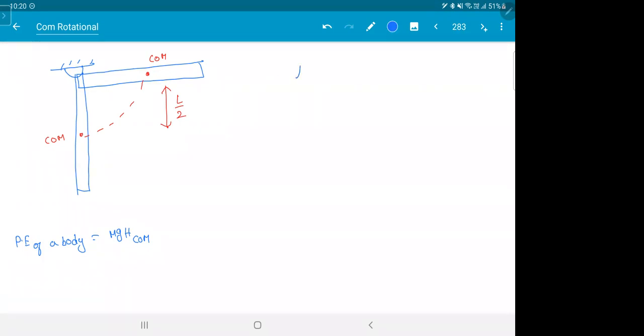So then I can write like this. Loss in potential energy is gain in kinetic energy. So what is the loss in potential energy? MgL/2. The center of mass has fallen a height of L/2. See, you're not interested in how much this has fallen. It's an average: this point has fallen L, this point didn't fall at all. The average is L/2. Hope you remember this. We did this in center of mass, potential energy of a rod. What is gain in kinetic energy? Half I hinge omega square. It is rotating about the hinge.